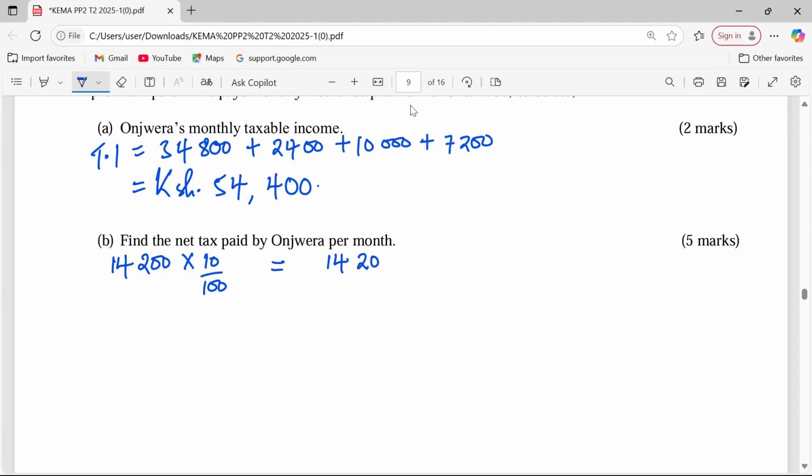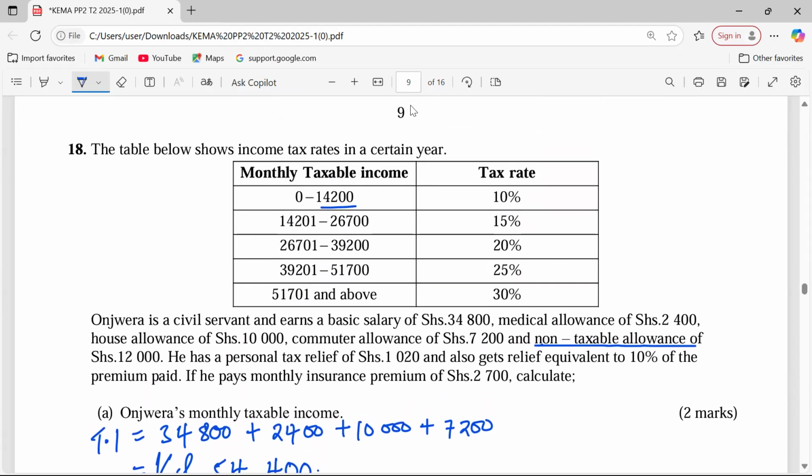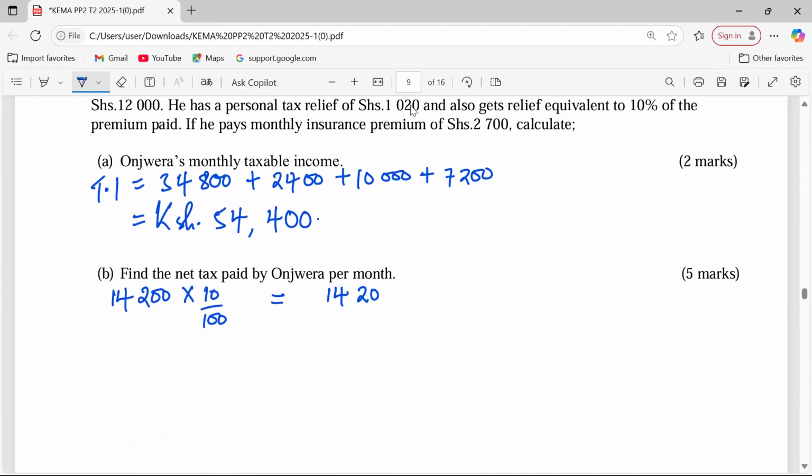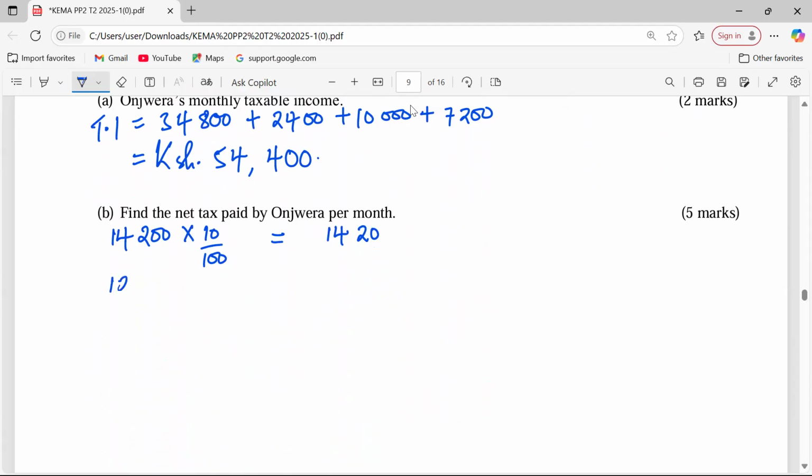Then in the next band, we take 26,700 and subtract 14,200. You see, this is giving us 12,500 in the second bracket, and the rate of taxation here is 15%. So this will give us a tax of 1875